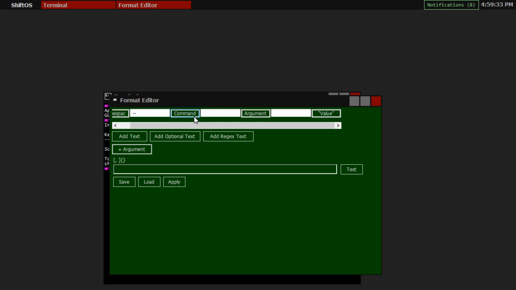And then we need to add a second argument and value pair, because the way ShiftOS works is there's optional text between 2 commands. So we'll just do that. Of course, I'm not using any optional text whatsoever in this syntax line. Now we've added all the mandatory things that we need to. So if we hit